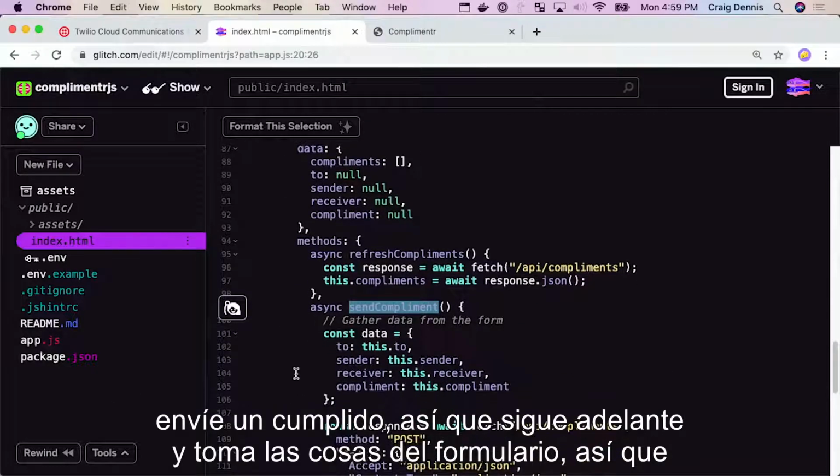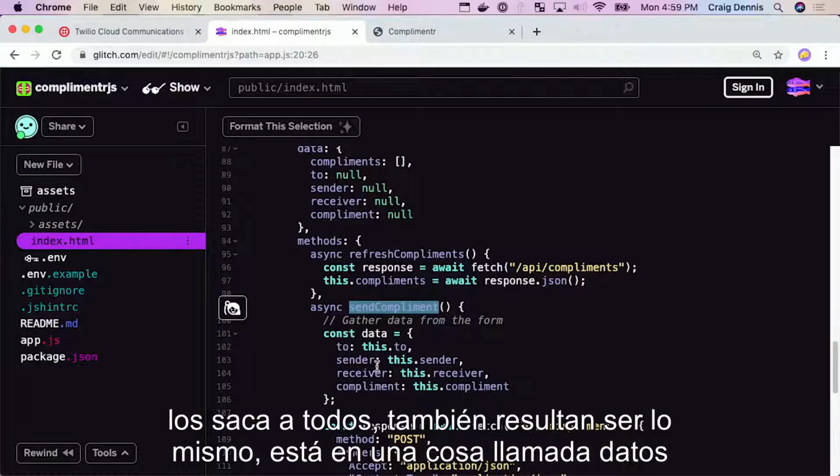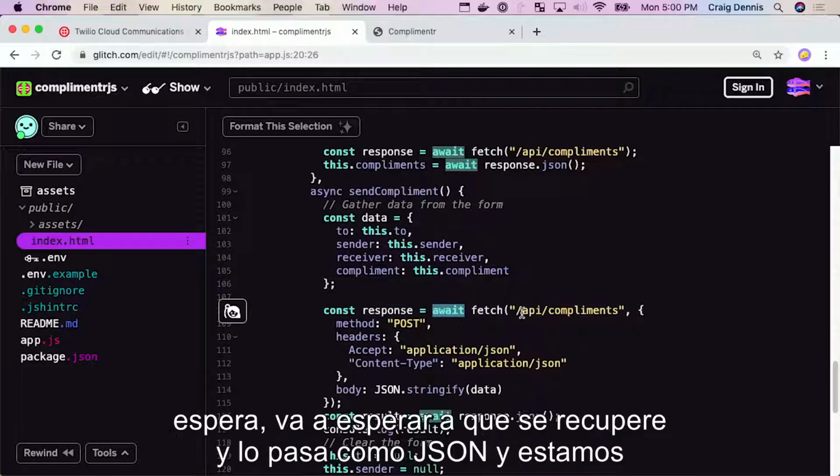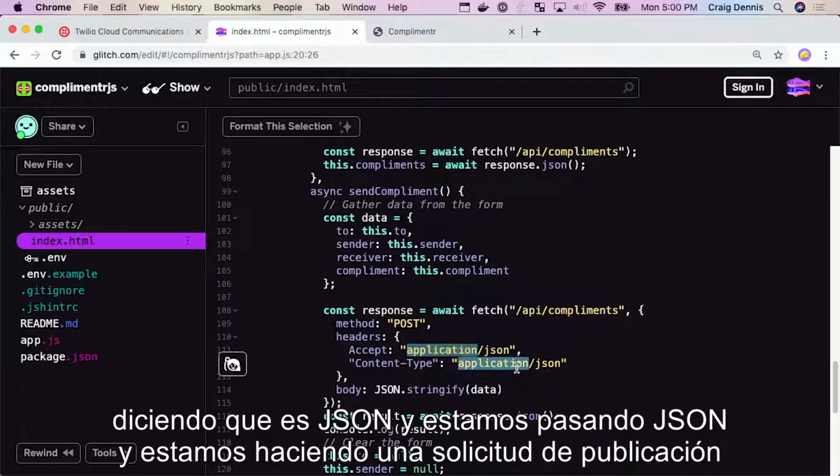Okay, so it goes ahead and grabs the stuff from the form. So it pulls them all off. They're all in a thing called data. Then it uses fetch, and it uses it synchronously, right? So it's got an await. It's going to wait for fetch to go, and it passes that as JSON. And we're saying that it is JSON, and we're passing JSON up, and we're doing a post request.